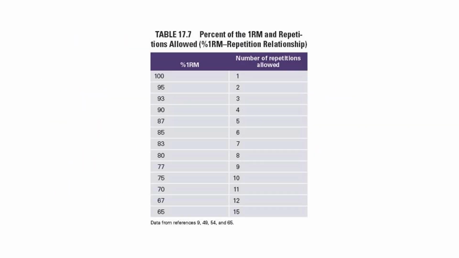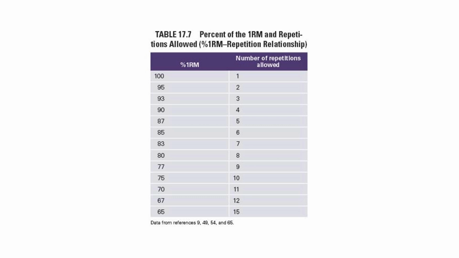So here's a table that shows the relationship between a submaximal load, which is calculated as a percentage of the 1 RM, and the number of repetitions that can be performed at that load. When we look at this table, 100% of the 1 RM allows the athlete to perform 1 repetition. As you see the percentage of the 1 RM decrease, the athlete will be able to successfully complete more repetitions. Even though this table provides some helpful guidelines for assigning an athlete's training load,